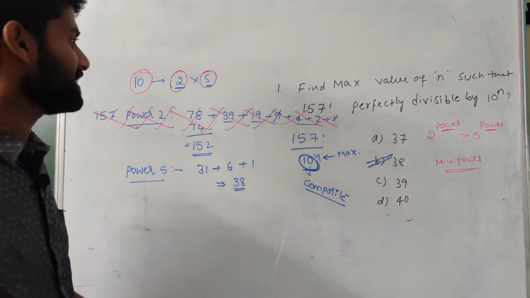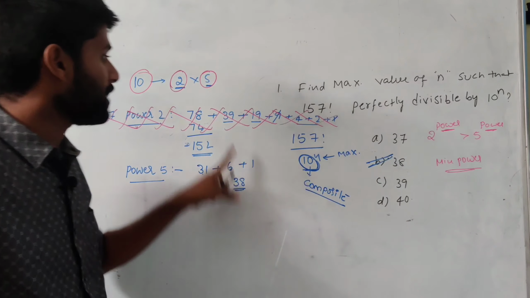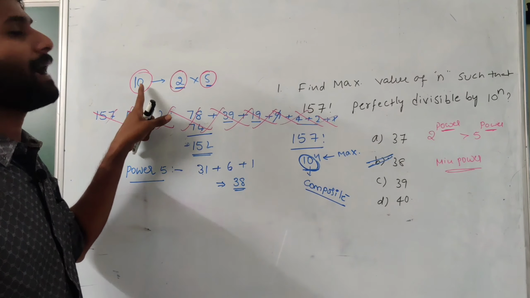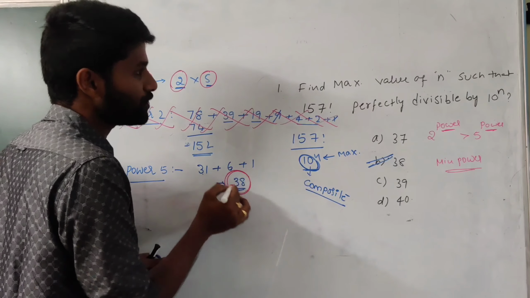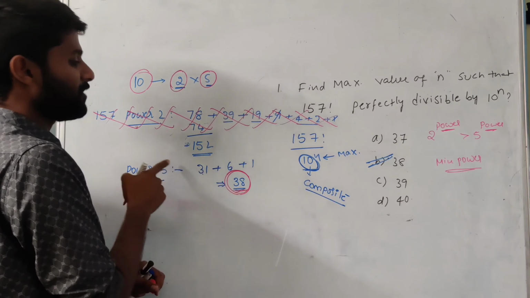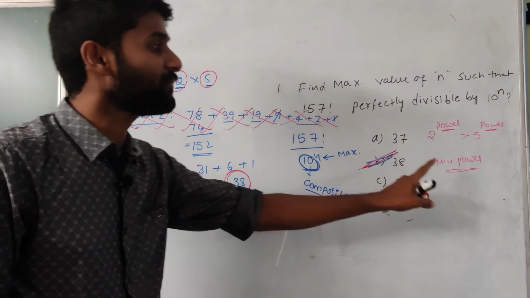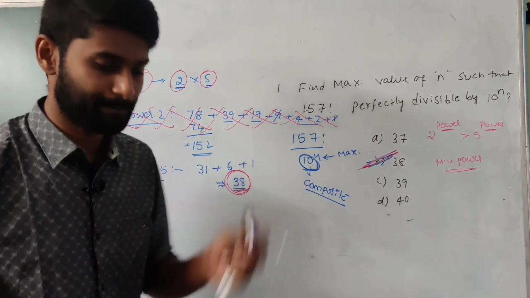It's a waste of time. Why? Because 2 consists of the maximum value and the 5 power value will be the minimum. Out of the comparison, the minimum power value is exactly equal to the maximum power of 10. See, just simply calculate the 5s only. If 10 factorial is given, focus on 5s. The number of 5s, the power, is exactly equal to 38. So that is the direct answer. Just focus on 5s. If 10 is given, don't focus on 2, just focus on 5 only.